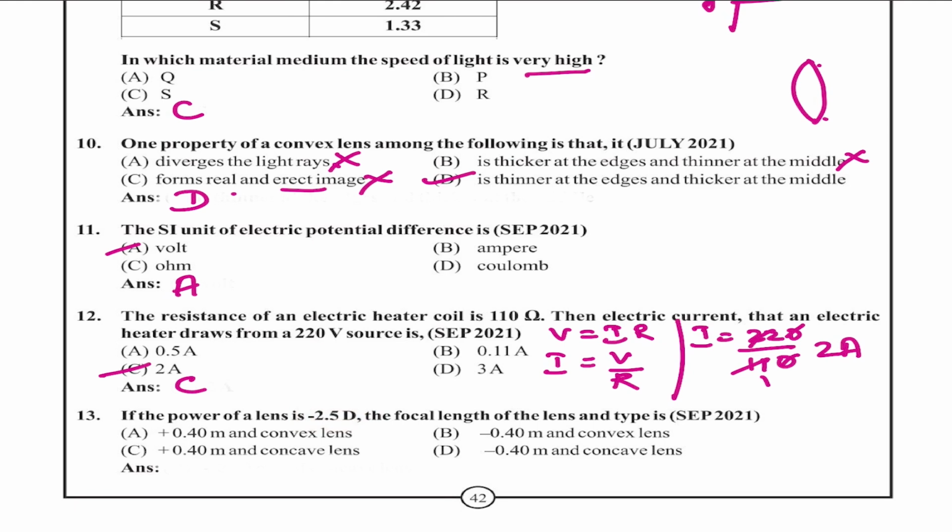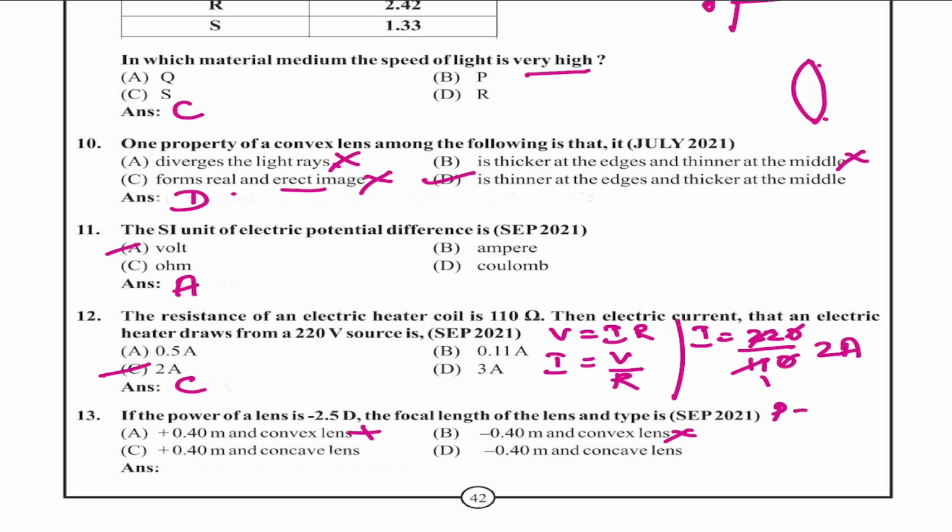So, we can use the deleting method here. The option which has a convex lens can be deleted. Since the power of the lens is negative, it is very clear that it is a concave lens. And as the power is negative, the focal length will also be negative. Let us cross check whether it is option